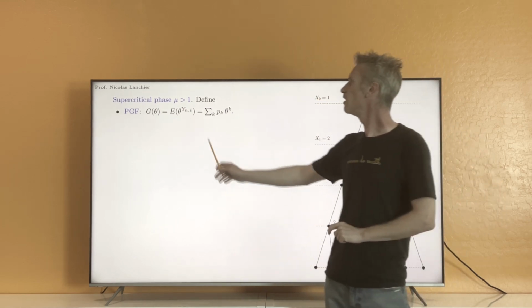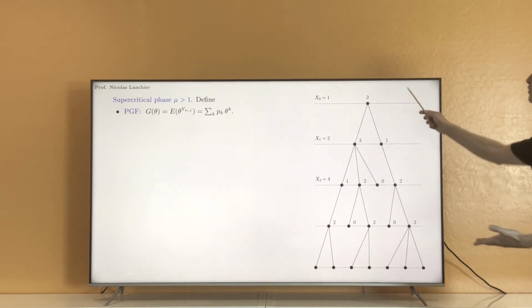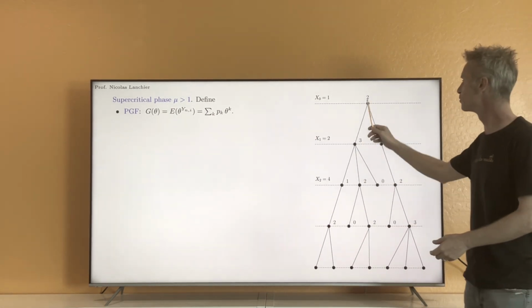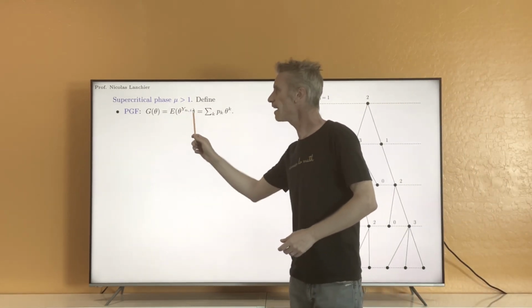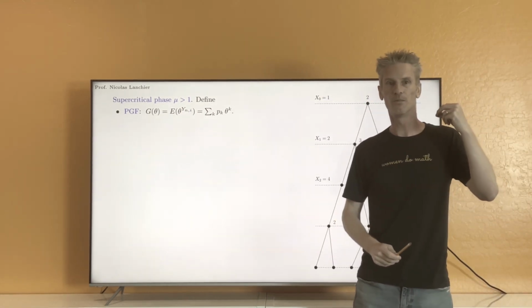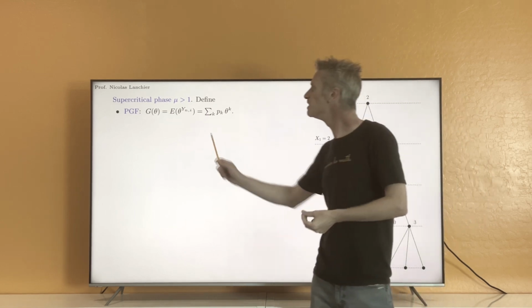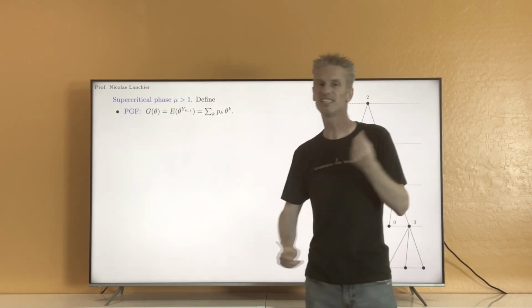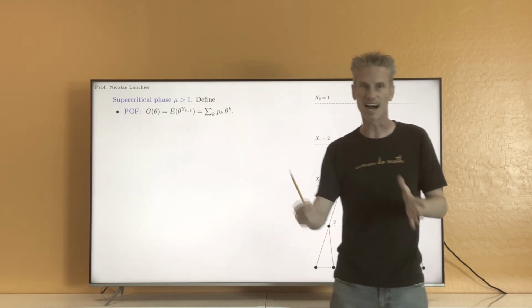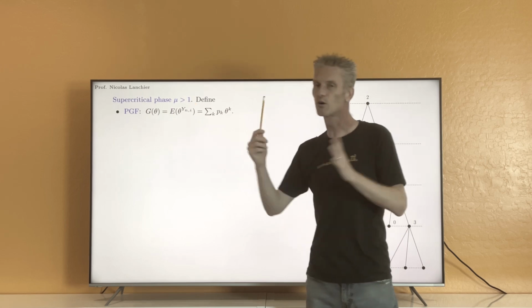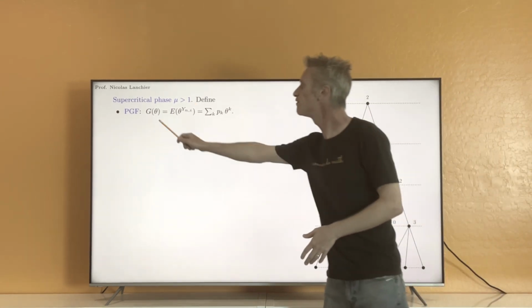Okay? So the outcomes of those Y_{n,i} may be different, like that's what we use to build this tree. Here, that's the 2, 3, 1, and so on. But all those Y_{n,i} have the same probability mass function. They have the same distribution, which means that this expected value here, in fact, does not depend on n and i. This function is always the same for all n and i. That's only a function of theta.